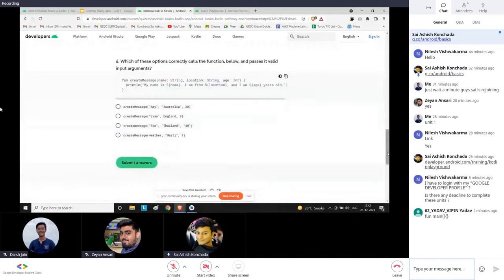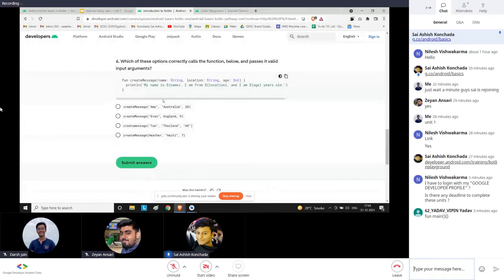Now the sixth question. Which of these options correctly calls the function below and passes valid input arguments? This is a function, and we have to guess the right declaration. The trick here is to look at the data types. The first and second arguments are strings, and the third one is an int.